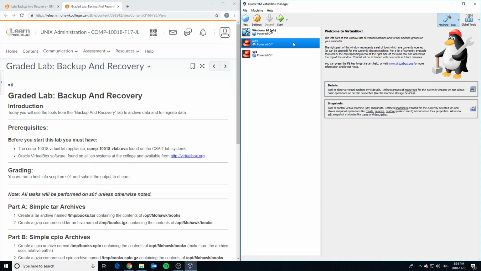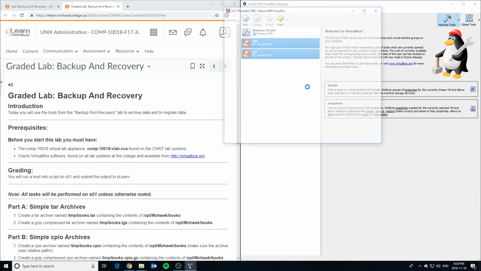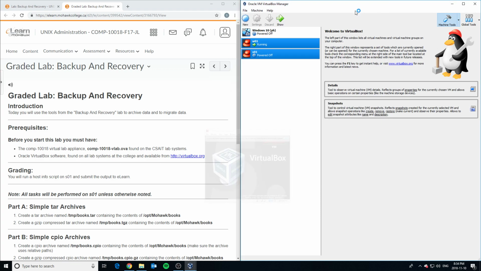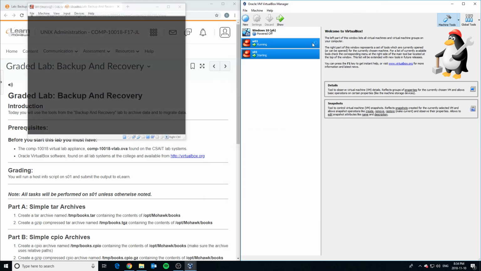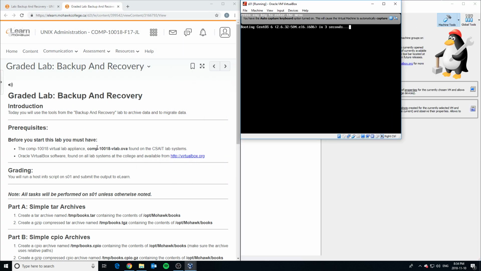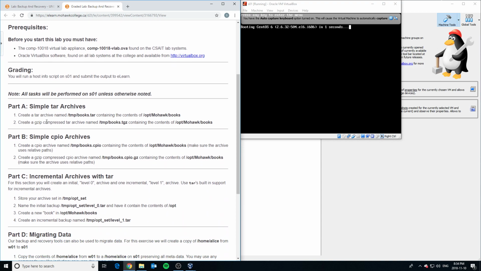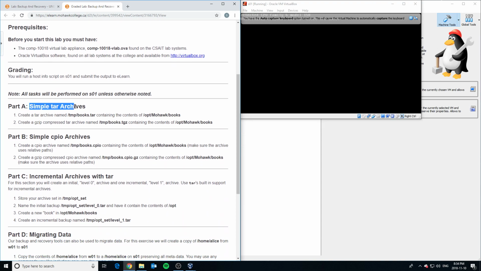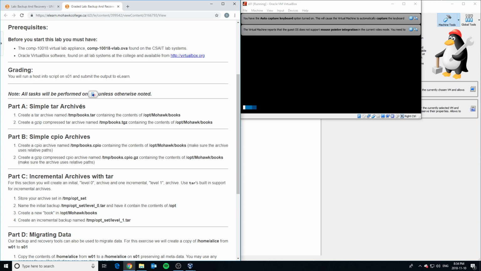So now my guys are ready to go. I'm going to click start and we're just going to wait for them to load up. I don't need the W01 virtual machine just yet, so I'm going to minimize that and I'm only going to work with the SO1 virtual machine. So I'll bring that guy over here and we'll just wait. And like I said, we're going to start with part A, which is simple tar archives. And I've already given you the hints on how to figure this out. Basically, when it says create a tar archive named temp_books.tar, it's going to contain the contents of the opt Mohawk